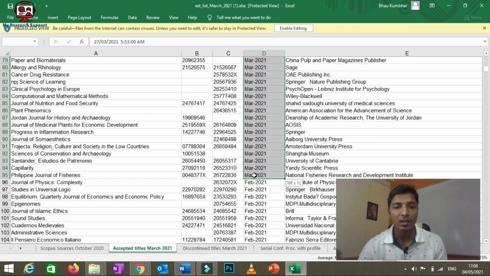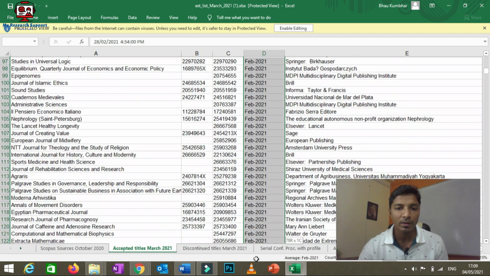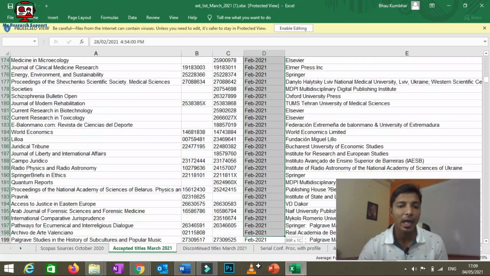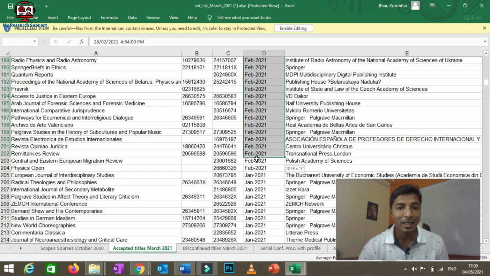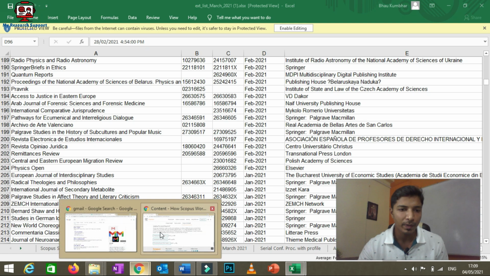There are many journals that might be added in April 2021 also, but they are yet to be updated by Scopus. See, around 95 journals are newly added in the Scopus database. You can look at February 2021 in this matrix also, many journals have been added in the Scopus database. In this way you will be able to get the updated list of continued, discontinued and newly added journals on this web page.